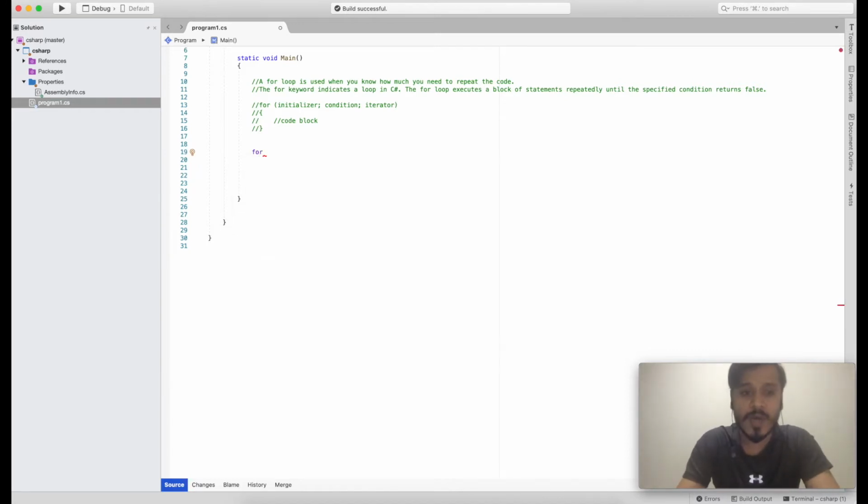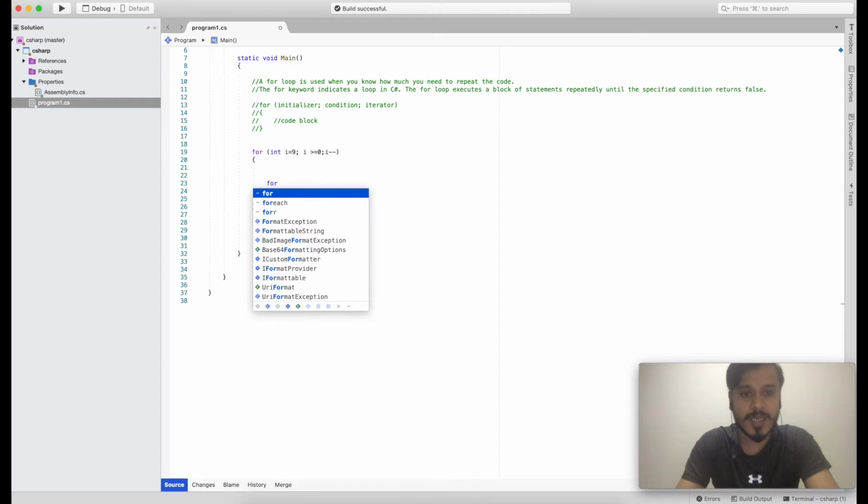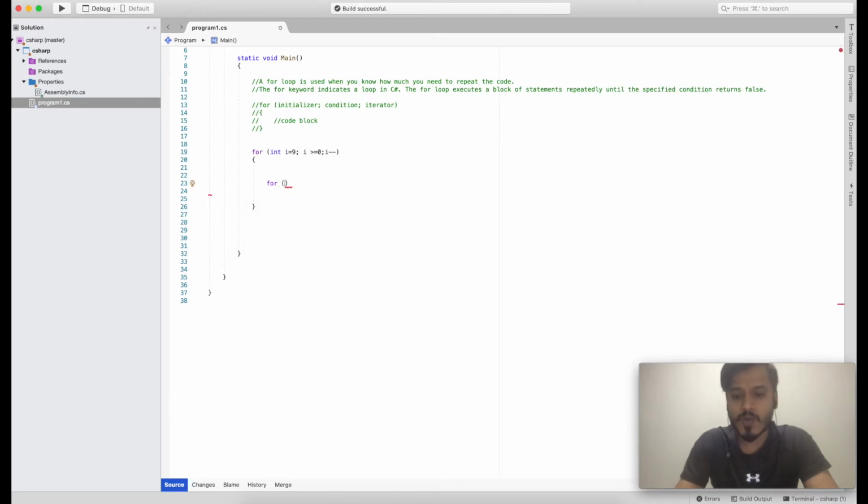What I will do is write a new program, something like this: int i. In this case, I'm going to take the value of i equals 9, and I will say i should be greater than or equal to 0, and here I will keep on decrementing the value. I will define the scope of this for loop, and here I will take one more variable. As a matter of convention, you can take any variable name, but usually developers and testers prefer something like i, j and k.